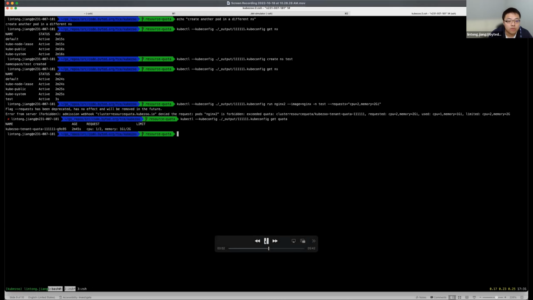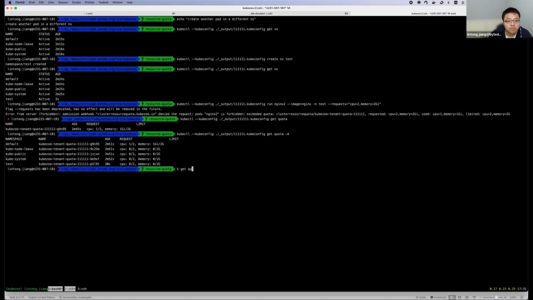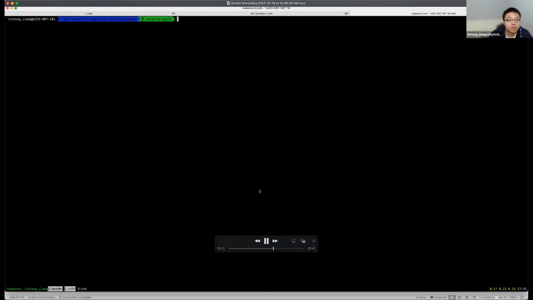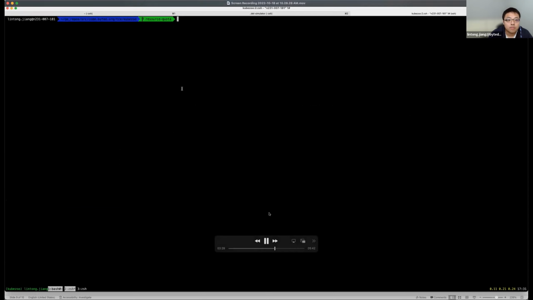You can see that the quota has not yet been updated. And from the global view, for all the namespaces, there's no change to the quota because the second pod request was rejected. Same view from the backend API server perspective. In the next step,